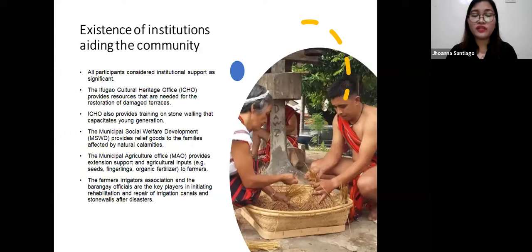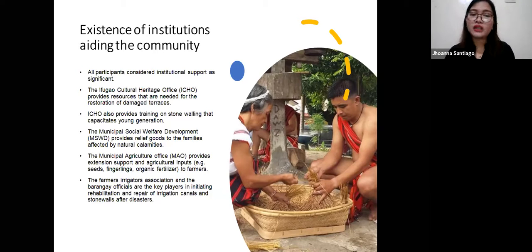So the existence of institutions aiding the community. The participants mentioned that the Ifugao Cultural Heritage Office is very essential because it provides resources that are needed for the restoration of damaged terraces. And the ICHO, or the Ifugao Cultural Heritage Office, provides training on stonewalling that capacitates the young generation. So it's very important that ICHO is there because it helps them to transfer the indigenous knowledge to the young